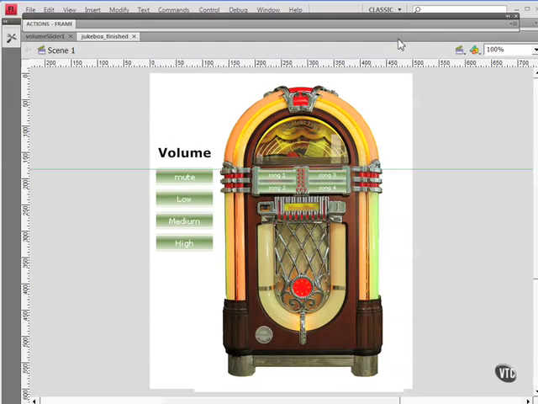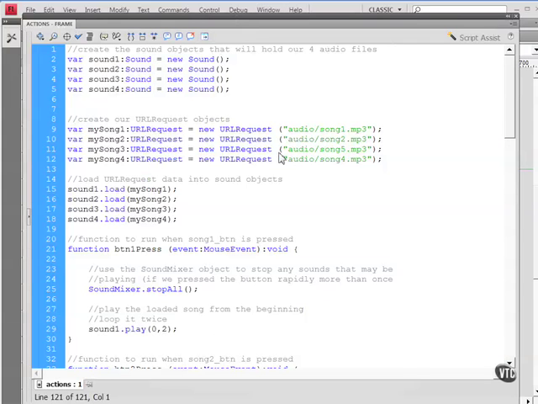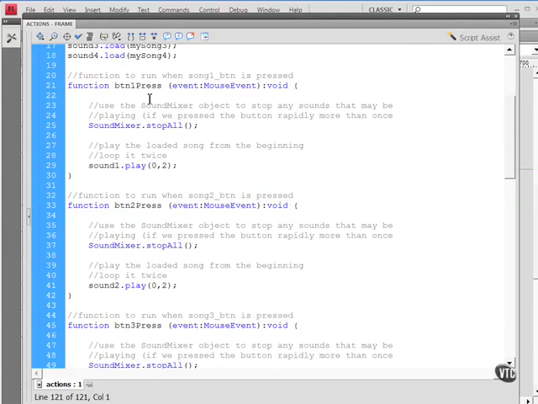If we look quickly at the script, we can see the kinds of methods we'll be using in classes. So here is my sound objects that I'm creating. In this case, I'm creating 4 sound objects, setting up the URL request for each of those objects, song 1, 2, 4, and 5. I'm loading each of the songs,